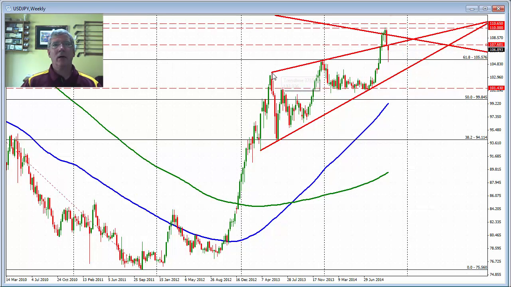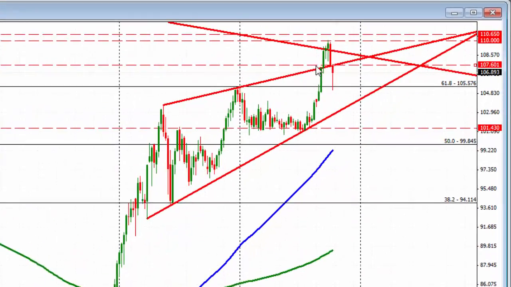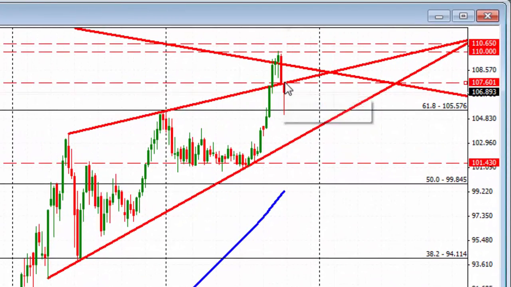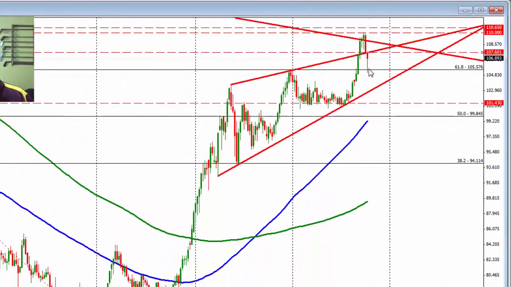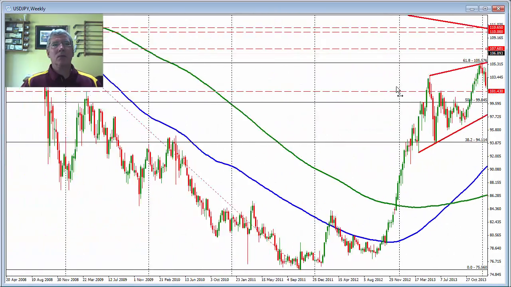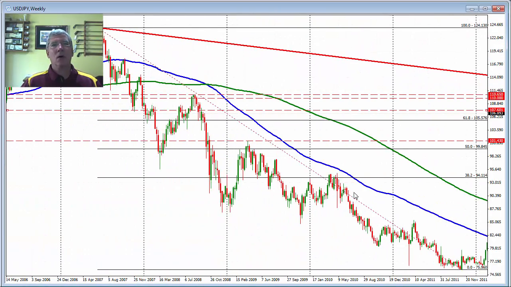What we have here is that the market actually fell below this trend line at the beginning of last week. In fact, the high for the week came in the first hour of trading on Monday, and then we moved to the downside, first slowly on Monday and Tuesday, and really Wednesday things started to pick up to the downside. On the way to the downside, we went below what was a 61.8% retracement of this longer term trend